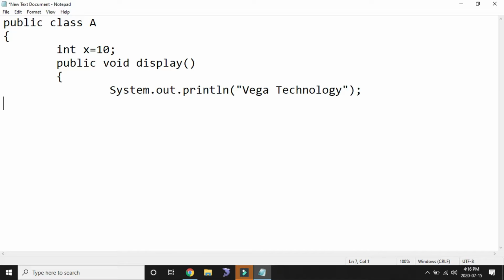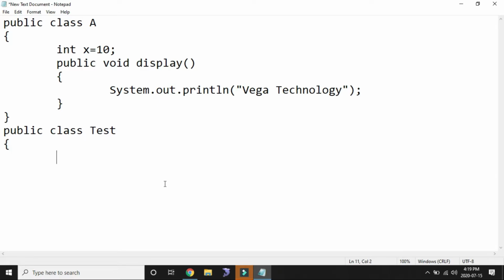This is the message we are printing, and then close that method and close that class. After that, I am creating one more class, public class test. This test class has one method.